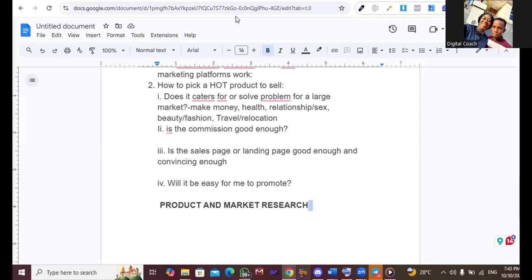You can't say you're promoting a particular gadget that has to do with security or surveillance, and then you have no idea. Even if you don't have 100% idea of the product, you should have the basic idea about the product, all right? So product, and then you should have an idea about what kind of customers this product is meant for. All right. That prepares the state of your mind.